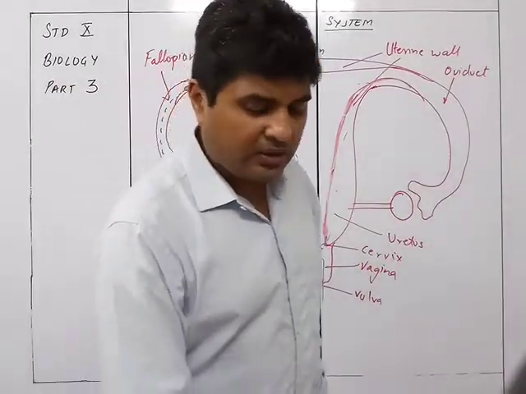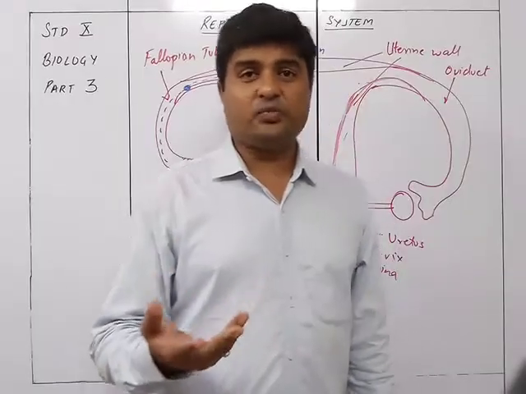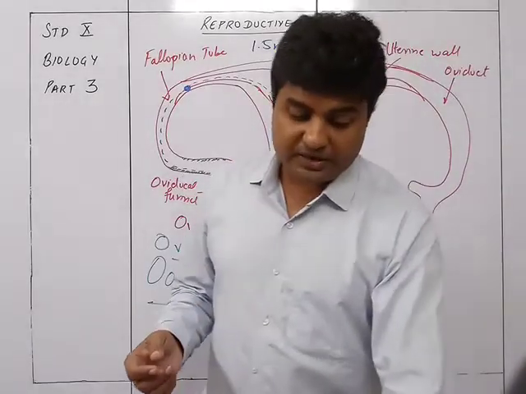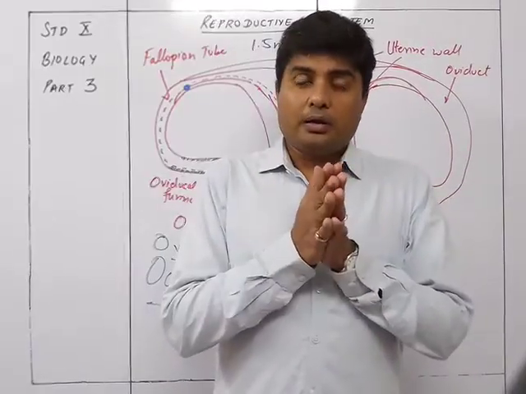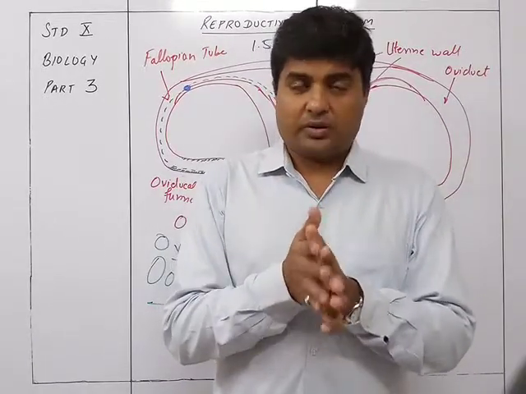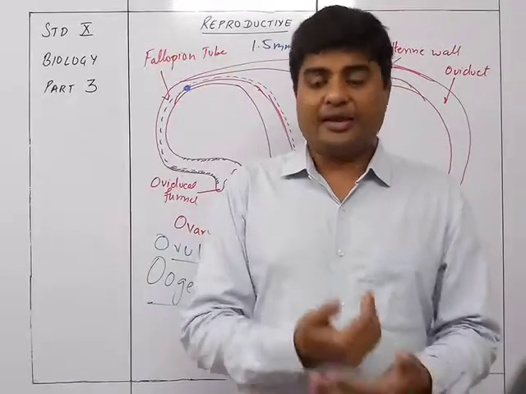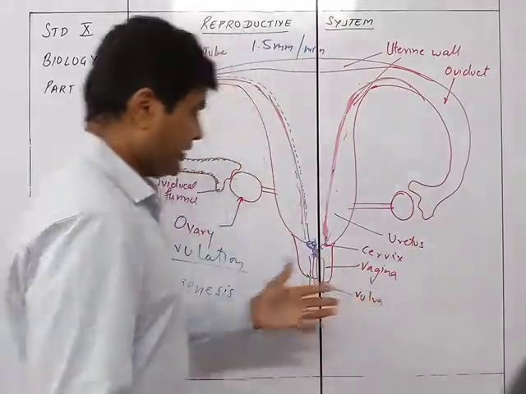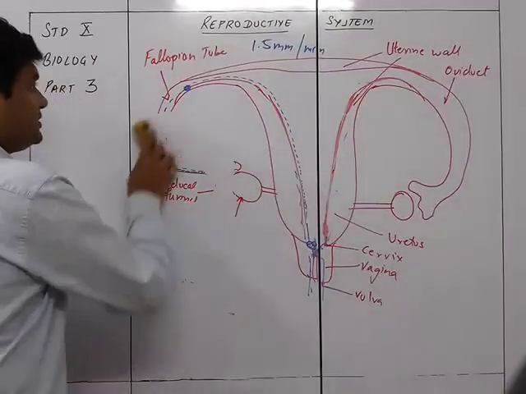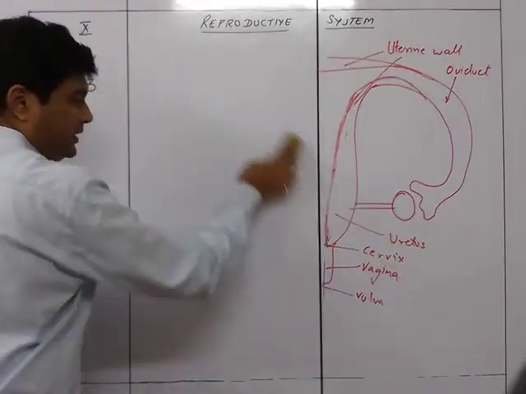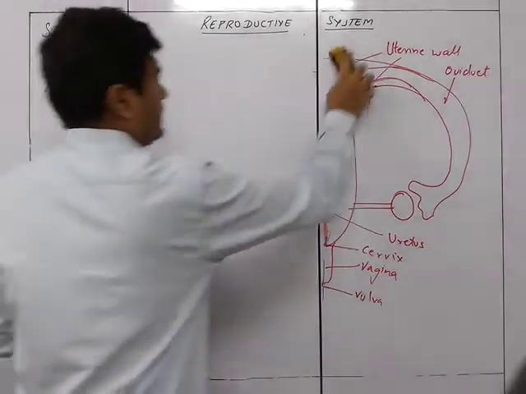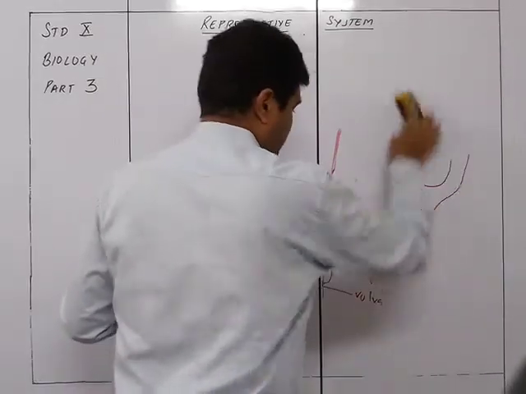So this is how the process of fertilization would take place, the process by which the male and the female gametes get a chance to meet each other and combine with each other. So that was about the requirement for this diagram. Now I'll talk about the sperm and the egg. We don't require this diagram any longer.